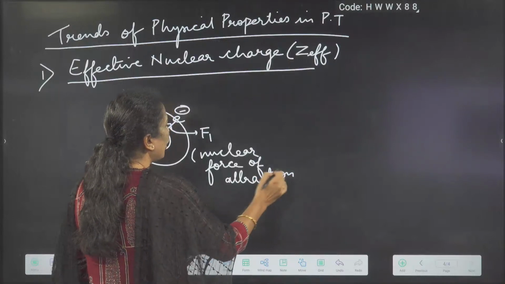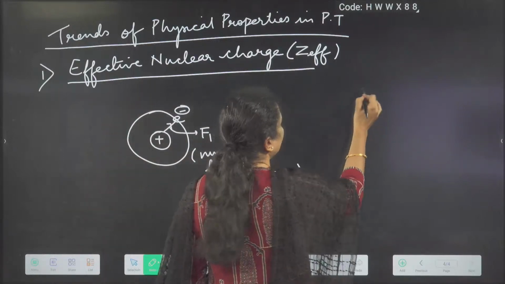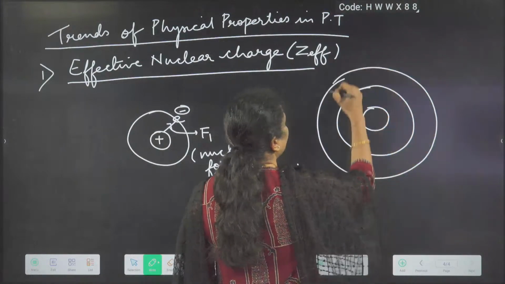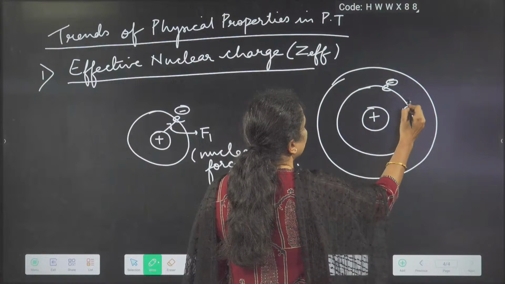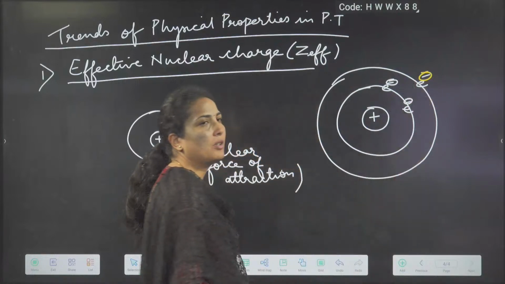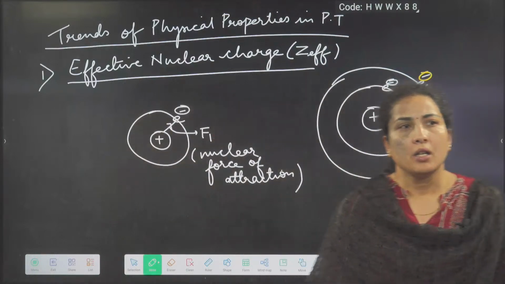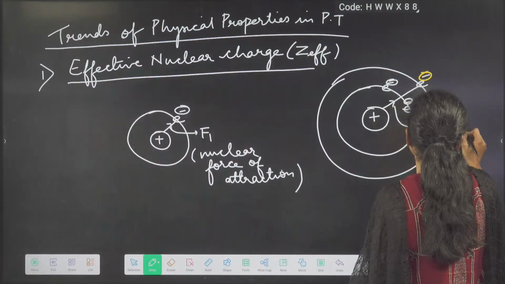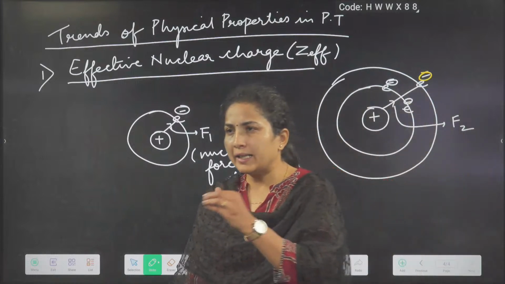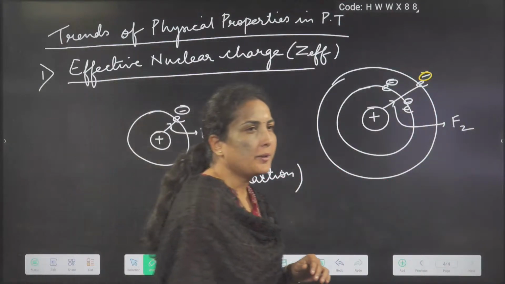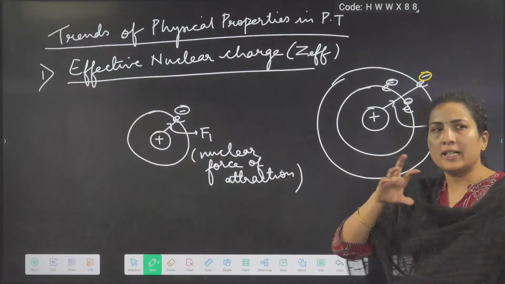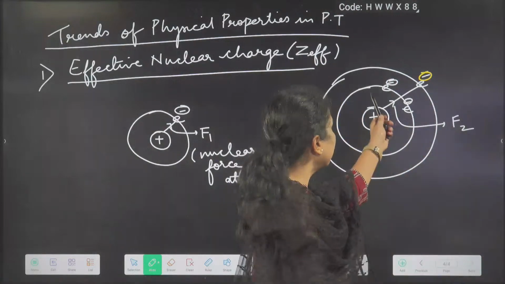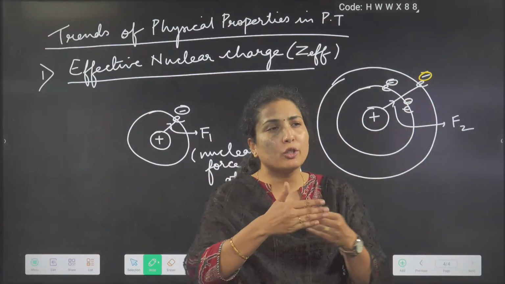Now suppose, this is not the scenario always. Now suppose here I am introducing one more shell. This is your nucleus. I am writing here 2 electrons. And for simplicity, in the outermost shell, I am just keeping 1 electron. Now, if I ask you about this force of attraction, F2, let me tell you a few things and then you can answer. First, tell me, these inner shell electrons, are they negatively charged? Electrons are always going to be negatively charged. This is negatively charged. This is also negatively charged. So there is going to be